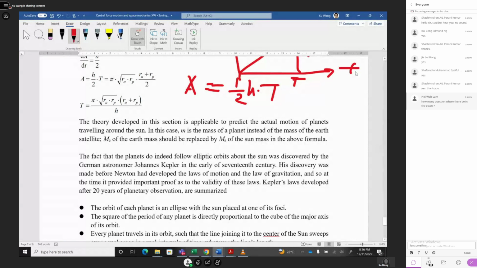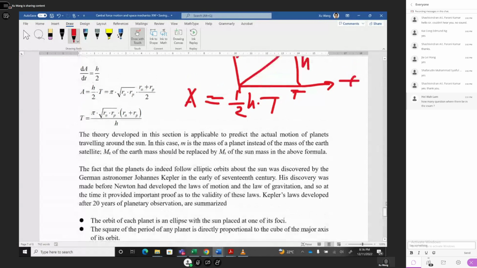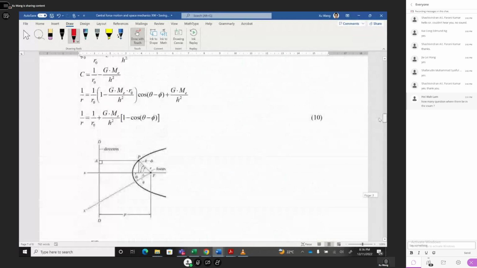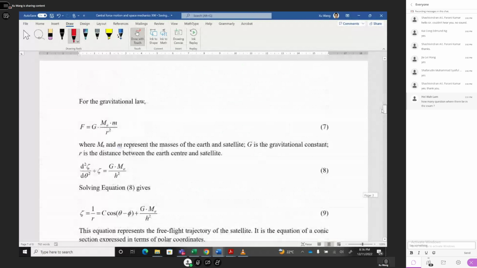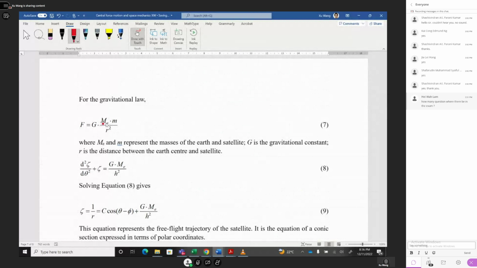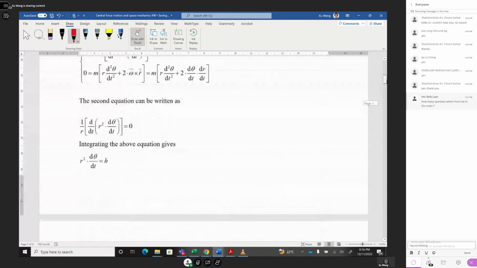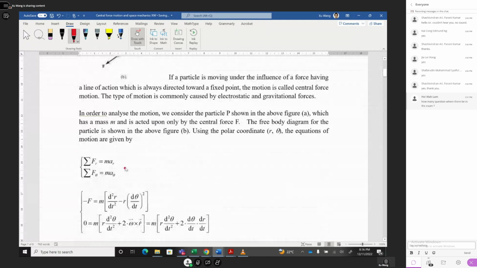Remember, all our derivation comes from the very earlier work: Newton's law of gravitation, and also Newton's law of motion,